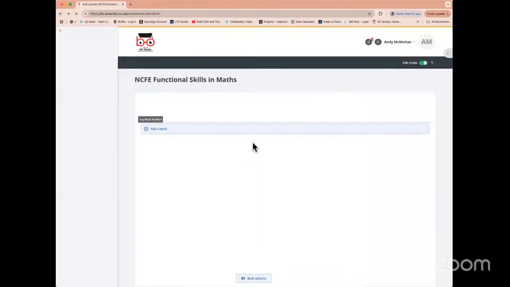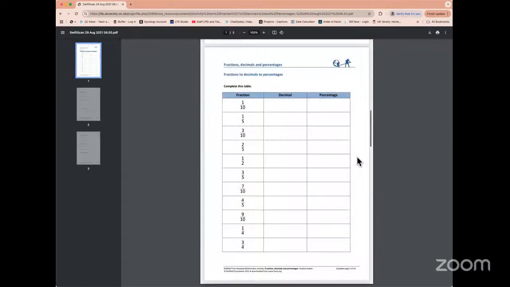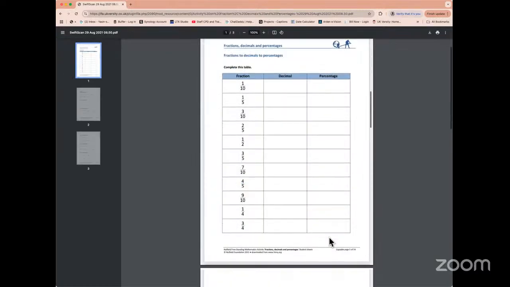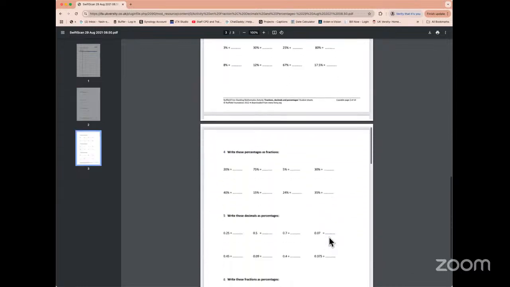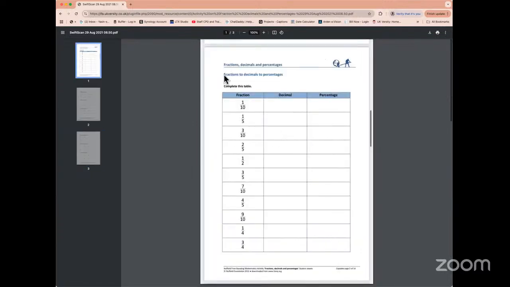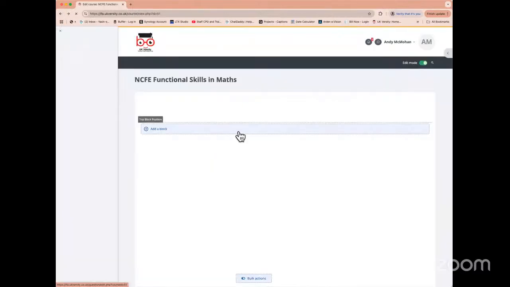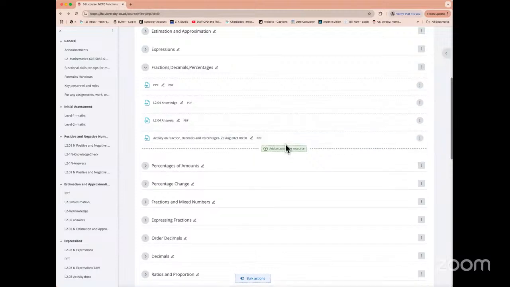Now, the other bit that you can also do, I've got another activity which has been mentioned, and if I click open on this, this is another activity that I've given, and I can open the answer for this activity so that you can go in and test yourself whether you are getting it right or wrong. Now, the reason I would not want you to go in and actually see the answers first is because that will create a bit of a bias, and you would probably not look at it properly.